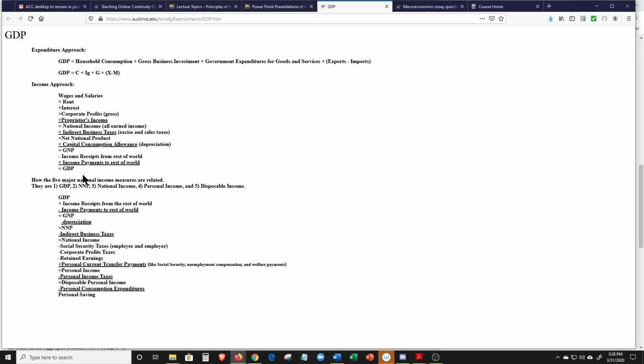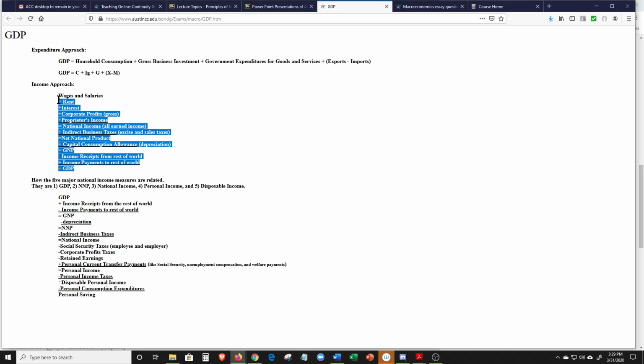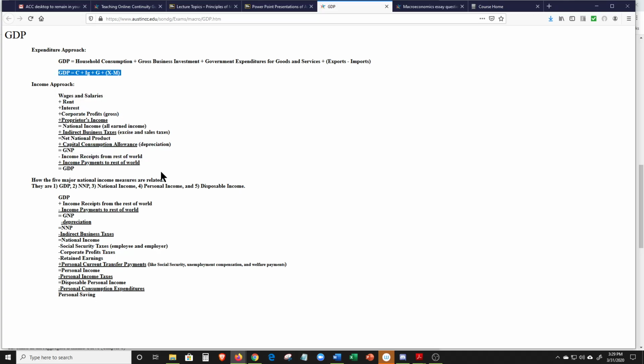By the way, we'll see in this problem, if we reverse this, if we subtract income payments to the rest of the world from GDP and add income receipts from the rest of the world to GDP, we'll get GNP. So you can move backwards and forwards. And that's what's going to be happening in this problem quite a bit. But anyway, this is the income approach. As you can see, it's much more difficult to calculate